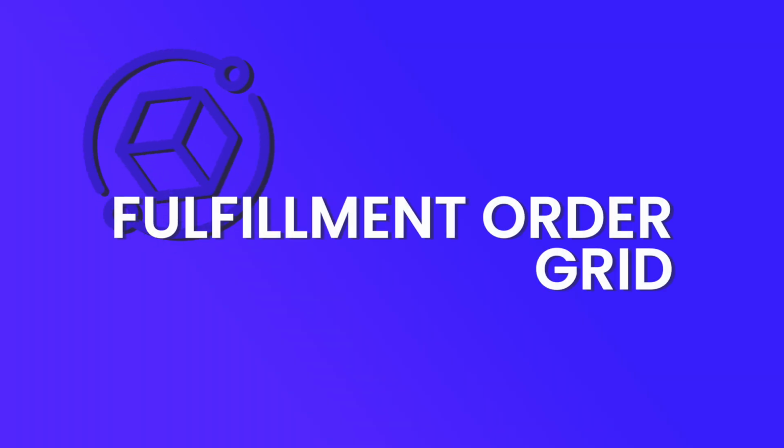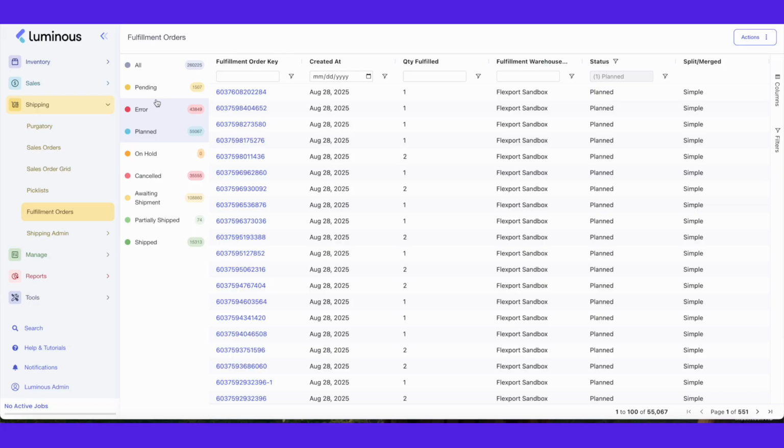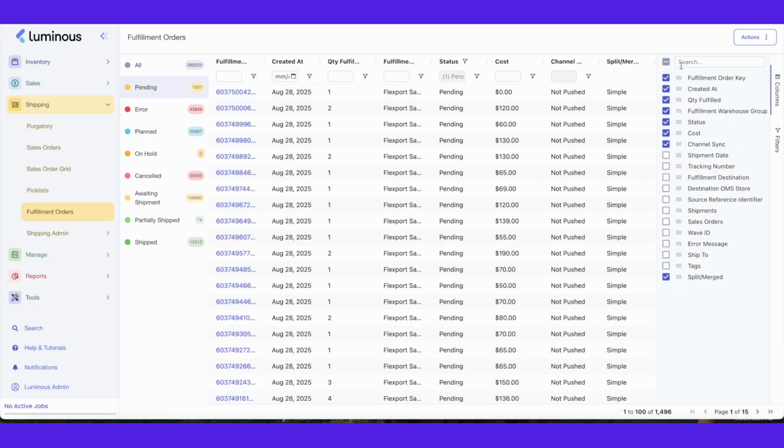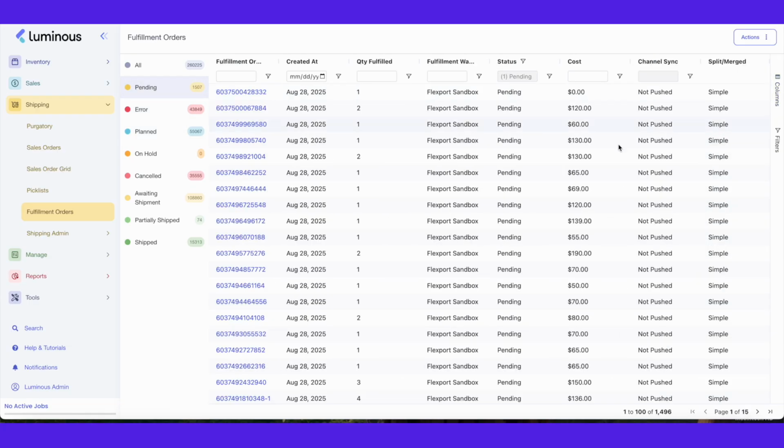All right, next we have expansion on our fulfillment order grid. So essentially the dashboard for managing all of your fulfillment orders. When we receive a sales order, we break it up into fulfillment orders, and you have way more flexibility on managing how you fulfill on a sales order, no matter the size. Being able to push those things around, plan pre-sales, push waves of fulfillment orders to your warehouses, break the sales up into multiple orders, all sorts of things, and you have a command center to be able to view those